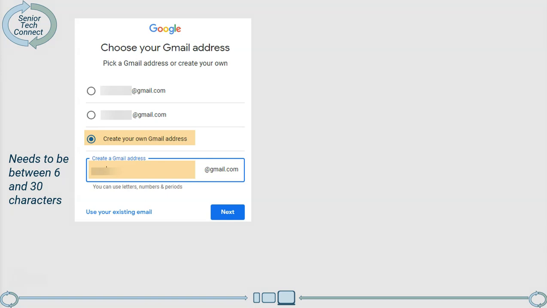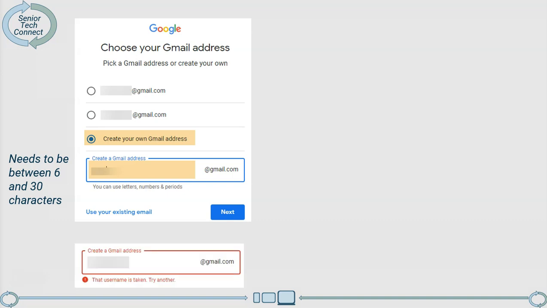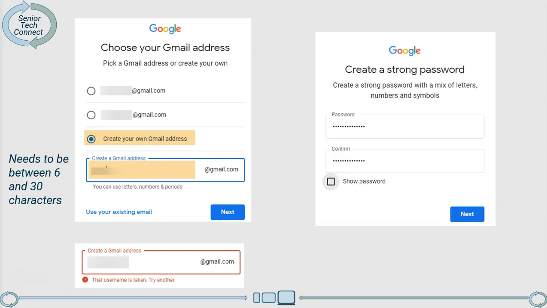It does need to be between 6 and 30 characters long. So as you put in your idea of what would be a good Gmail address, you can use letters, so it can be caps and smalls. With email addresses, it really doesn't matter whether it's capitalized or small. They don't look at that. It can be letters, it can be numbers, and you can use periods. You can't use other symbols, but you can use periods. As you try, sometimes you might get this error that says that username is already taken, try another. Keep trying until you get one that goes green, yay,